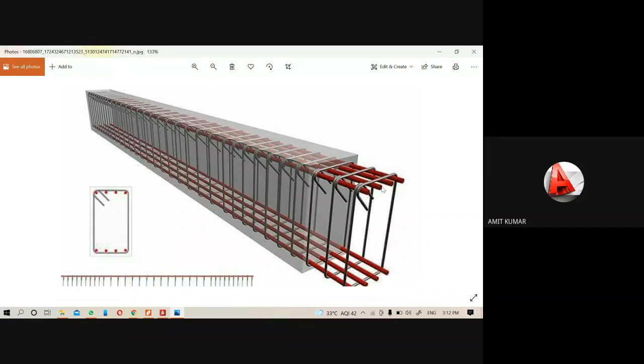So in the concrete design we will provide a minimum to maximum value. That means we will provide a range, and the software will decide the size of the main reinforcement and secondary reinforcement within that range.